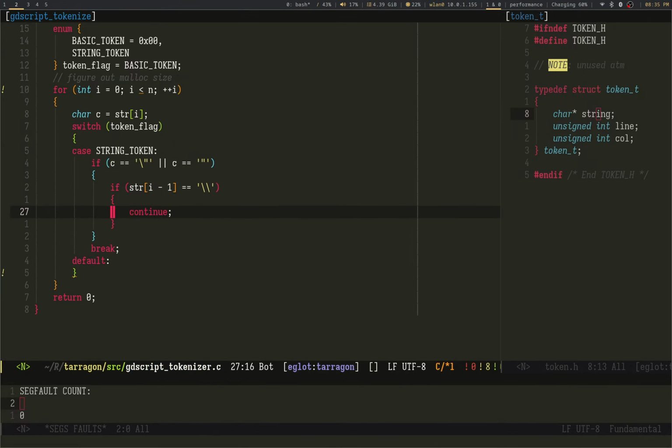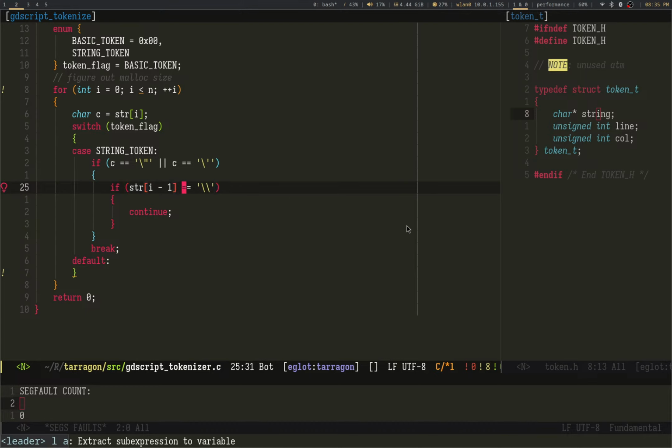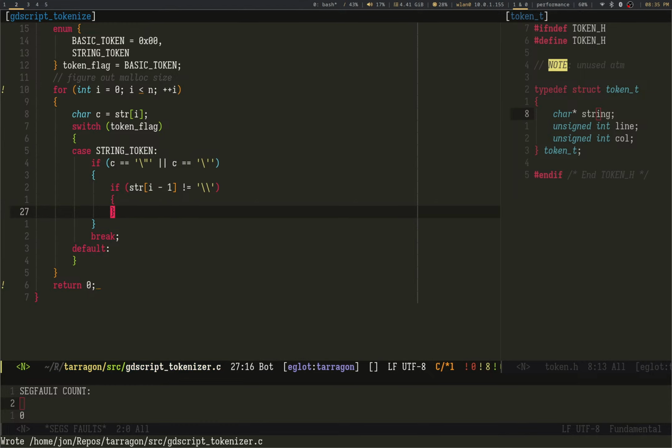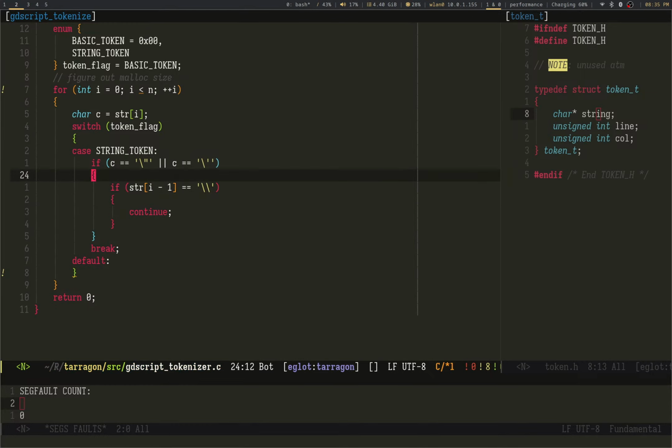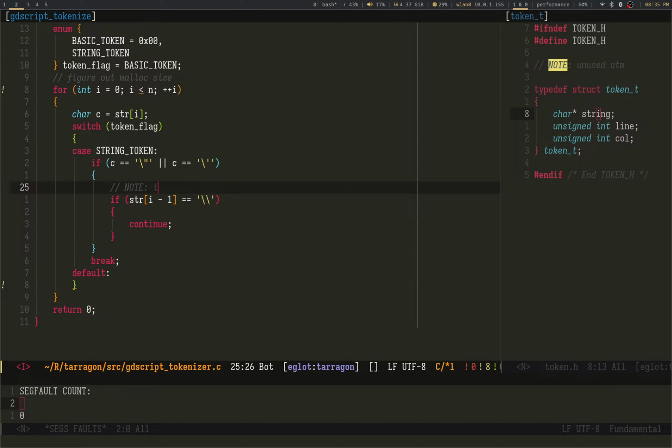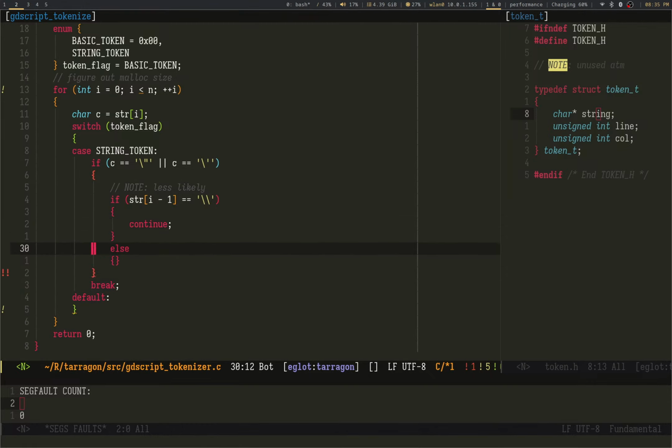Easy, because of course, if you're in a string and you encounter one of the escape characters, then you just continue. But this is actually the less likely case. Actually, I will leave a note: optimize this likely. Otherwise, continue, so I can just keep on slamming that code.